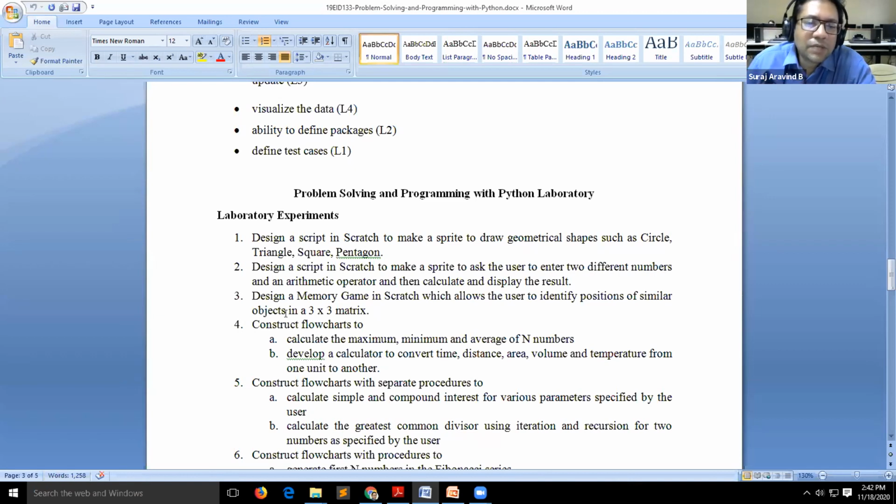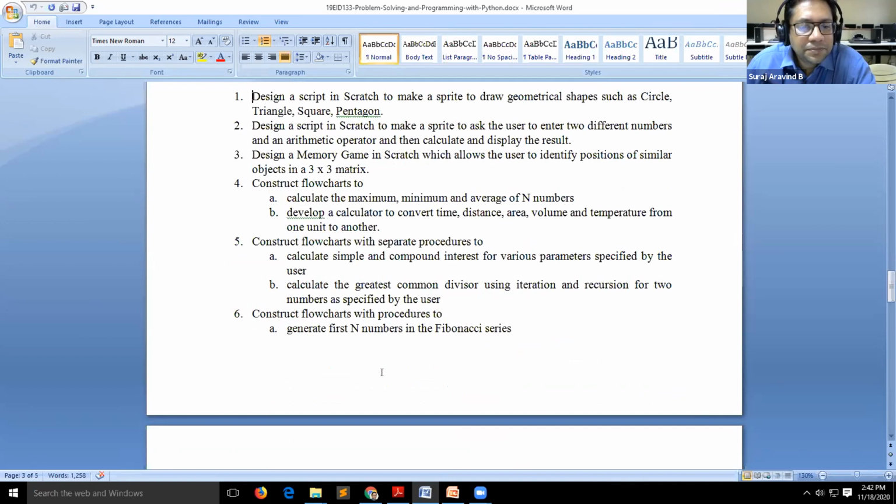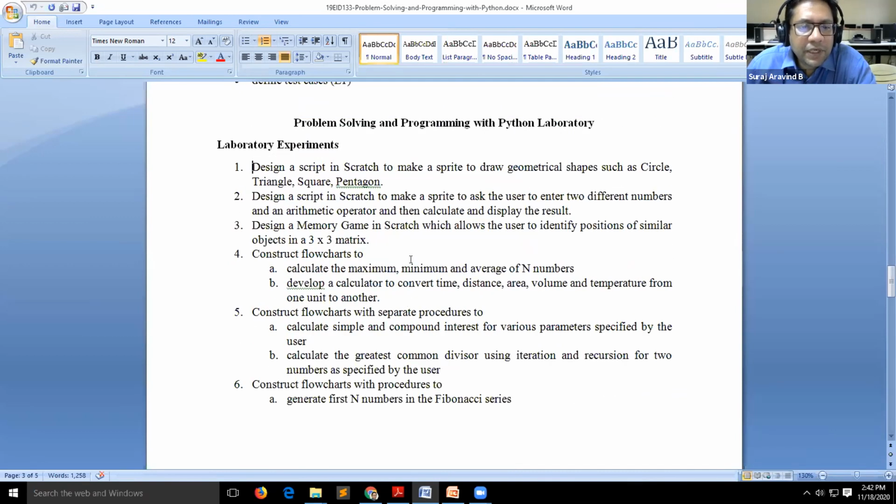But these programs, I think the syllabus is already shared with you in GLAM. You can verify it. See that you follow some numbering. If you follow the same numbering, it is convenient and easier for us to put it accordingly. And if you have difficulty in any of the programs, we can help. We may not give you the entire code; you practice it to a certain extent. We can only assist you in completing your project work or the program or flowchart, the Scratch one.